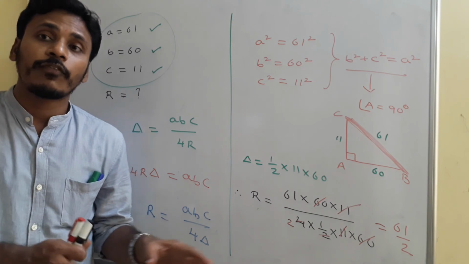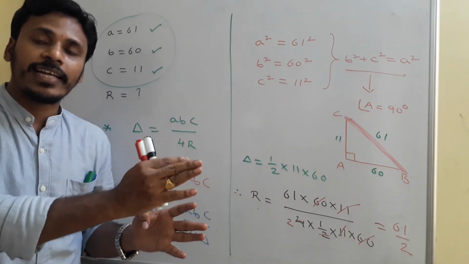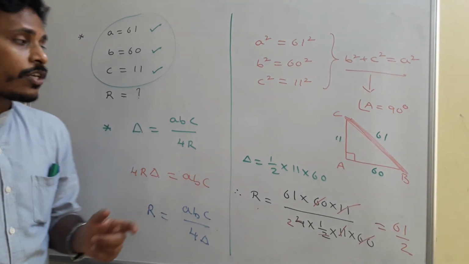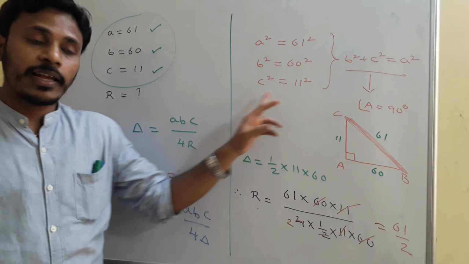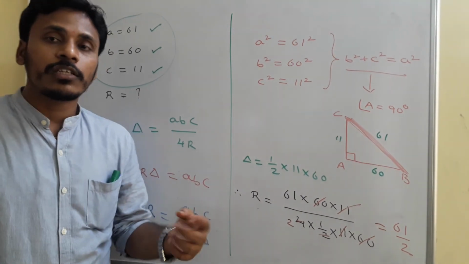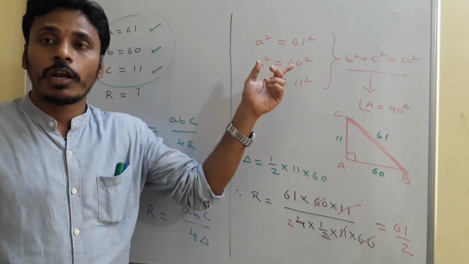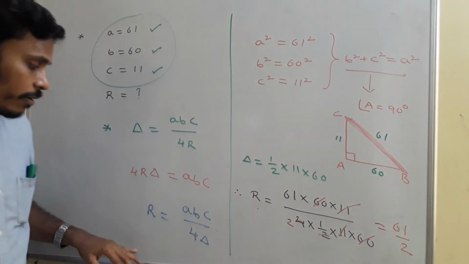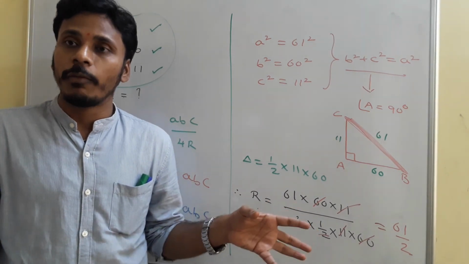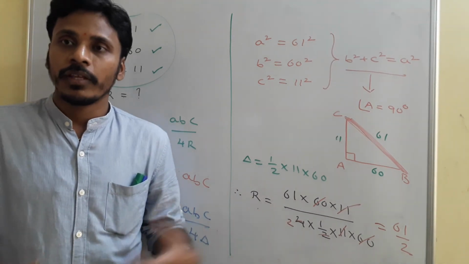I explained here different ways. One way is directly, if it is a right angle triangle, circumradius is half of the hypotenuse. Another way is to use the area formula for the right angle triangle and use R is equal to ABC by 4 delta. And the third way is, to find the area, don't use this formula; you may use Heron's formula, and then find R using ABC by 4 delta. So different formulas will help us to find the required answer in different ways. Okay, just have a look.